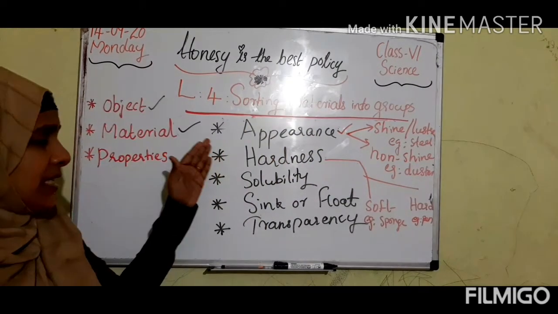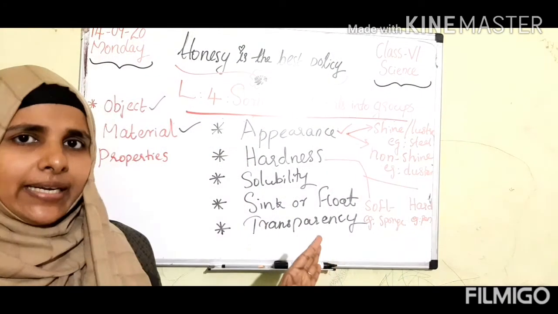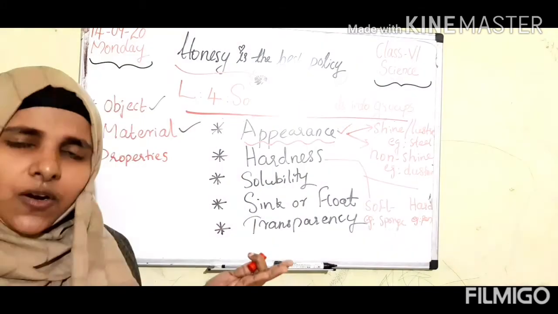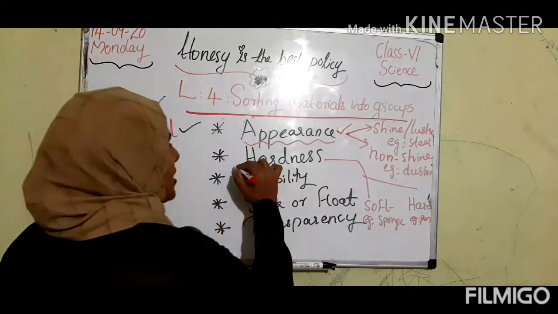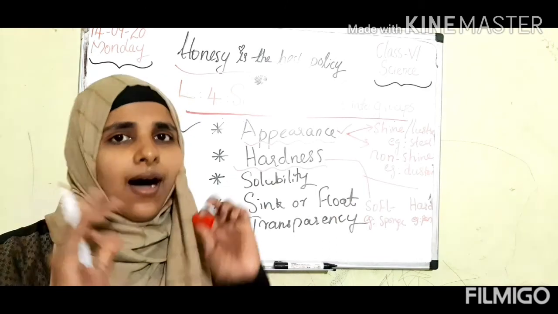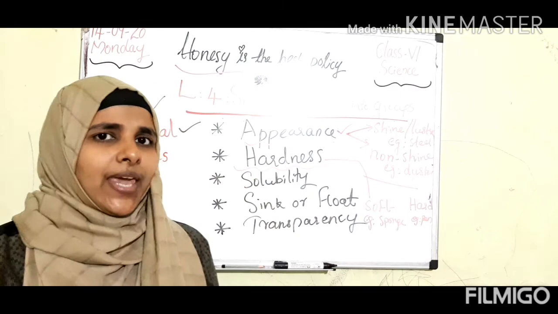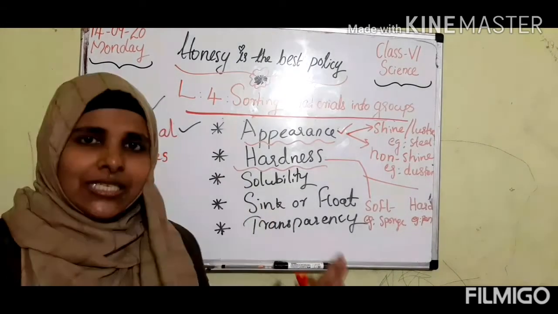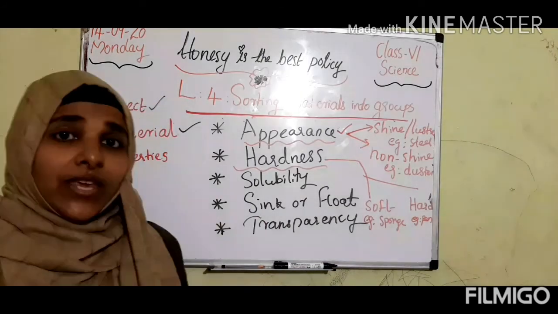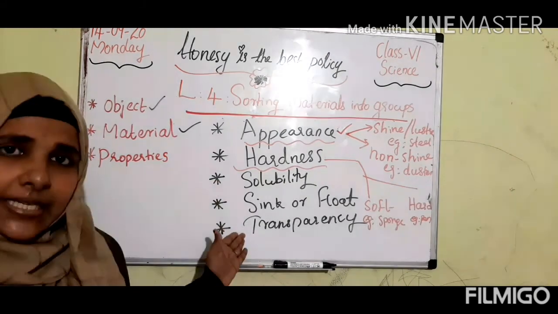So in this class we clearly discussed the properties of material. What are they? Two properties we discussed. Appearance: it may be lustrous or non-lustrous, right? And the second property is hardness: it may be soft material or hard material. With examples, all should memorize. You should watch the video repeatedly, then only you can understand. Clear, all of you? And in our next class, we can discuss the rest of the properties. These three properties we can discuss in our next class.